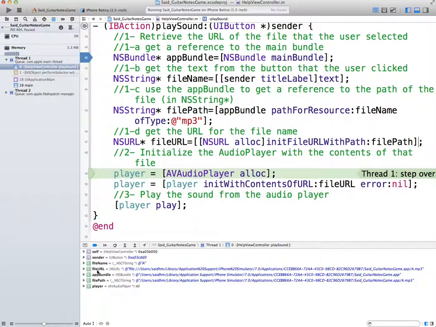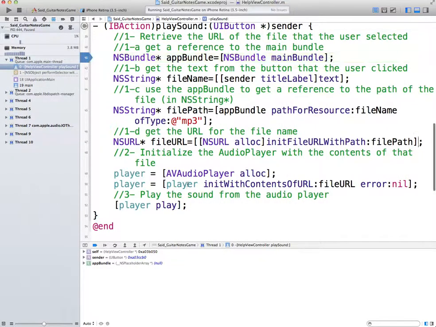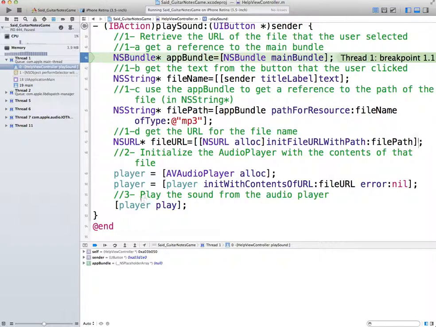So now here is the file URL, and as you can see it has the same name as the string, but as a file URL with file:/ followed by the path, which is where my audio player is. Then continue to the end, and here you can hear the sound, the B, and continue to the end, here the B. I no longer need that, it is working fine. But in the debugger you see the memory, you see the CPU, and continue,